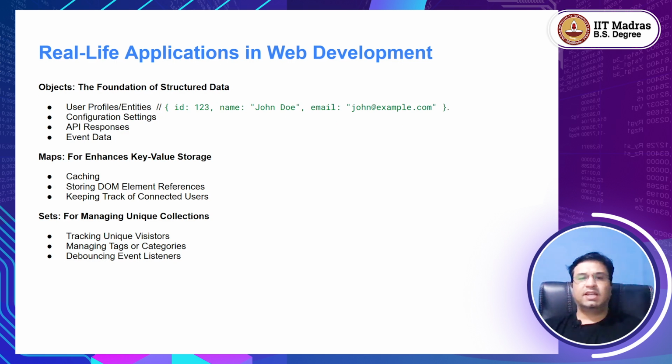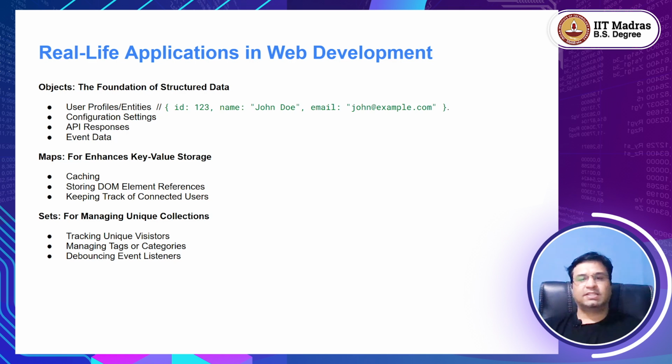Let's see where these data structures shine in real web development scenarios. Objects are used for things like user profiles or entities. When you fetch user data from a backend, it often comes as an object like id: 123, name: John Doe,